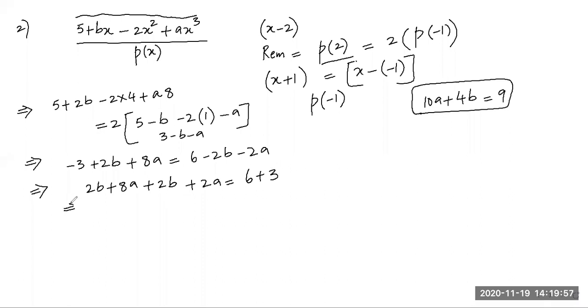So see that, students? Let's see if we get close to our result or not. Correct. 8a plus 2a, these are both like terms. So 8a plus 2a is equal to 10a. And 2b plus 2b is, wow students, we got it. 4b is equal to 9. We got the answer, right? So let's do the next question.